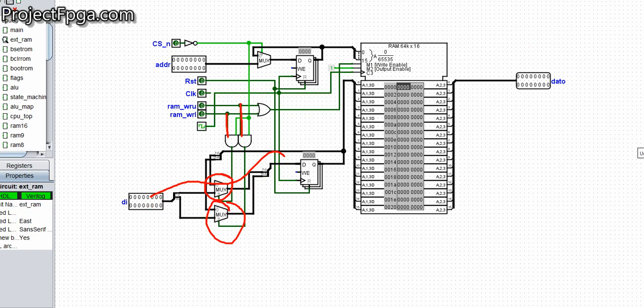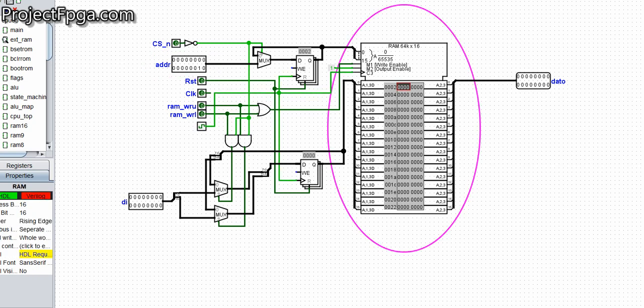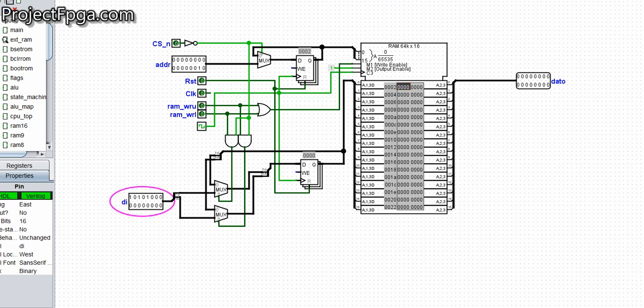So let me take a sample example. Just watch. So I reset everything to 0. Then the chip select needs to be off for it to be active. Then I decide to write to address 1, or rather this address 2. You can see that that's been highlighted inside the RAM. Then let me give you a value there. You can see that at the output